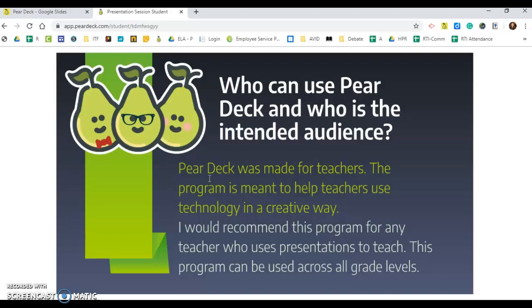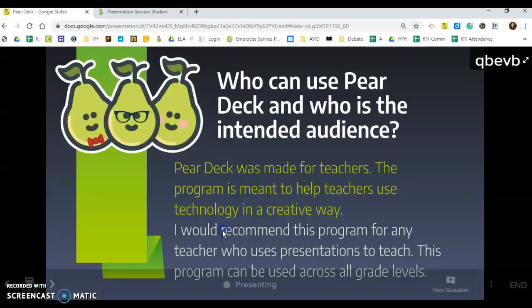Then it will load in what the students can see on their screens. So this may look familiar. This is a mirrored version of what would be up on my projector in my classroom. So students get to have the slide in front of them of what they're learning about to read a little bit more carefully about what's on the slide. And then this also gives them an area to answer questions when there's an interactive question on the slide. So going back to the teacher view of things,